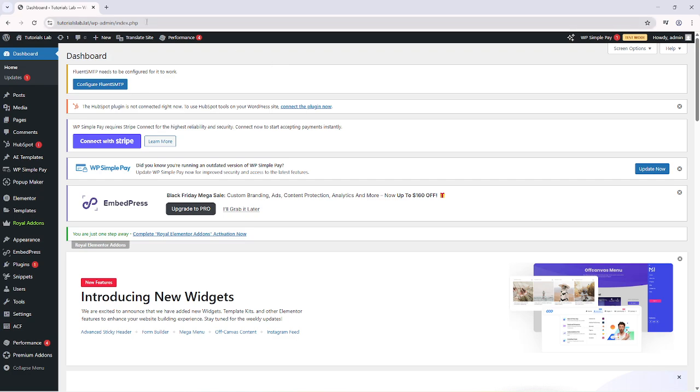Welcome back, everybody. Today, I'm going to teach you how to align buttons in loop posts products in Elementor WordPress. If you're building a product grid or blog post loop and notice that your buttons are misaligned due to varying content lengths, this tutorial will help you create a clean, professional layout where all buttons sit perfectly at the same